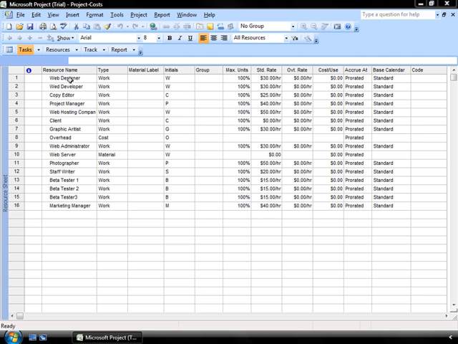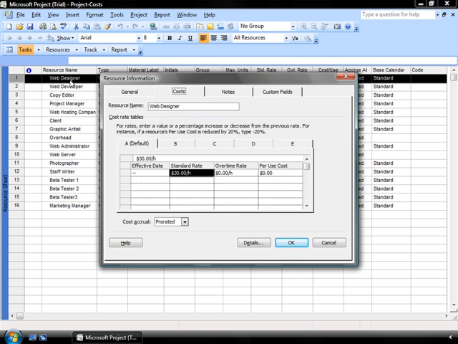For example, our web designer's rates are going up as of the middle of March, so I need to be able to identify that his rate will increase for any work that he does for me after March 16th. In order to capture that information, I've opened up the project costs exercise file, and I've double-clicked on the web designer resource. I make sure that the costs tab is highlighted, which brings me to the cost rate tables where I can capture the costs for that particular resource.